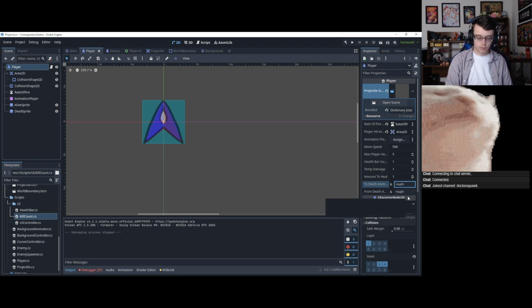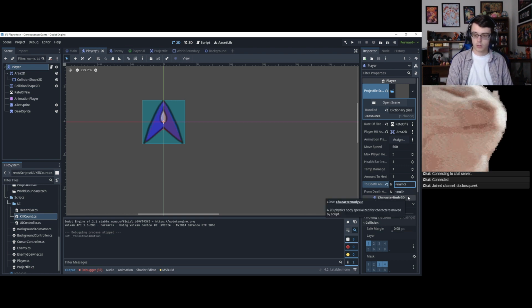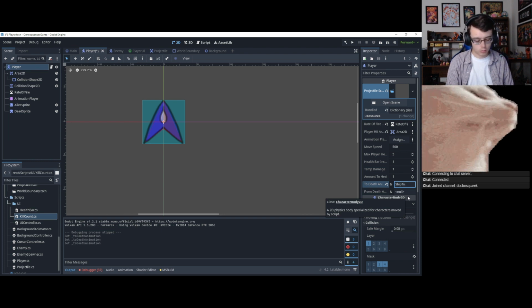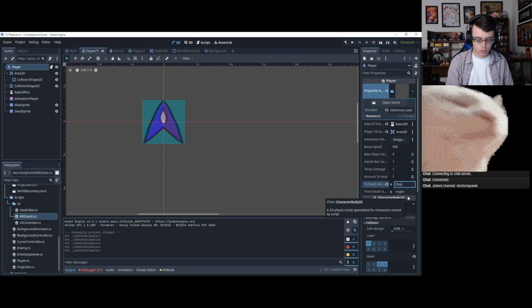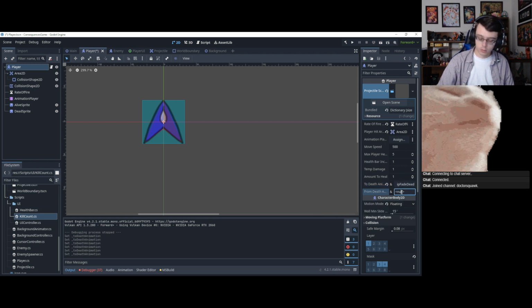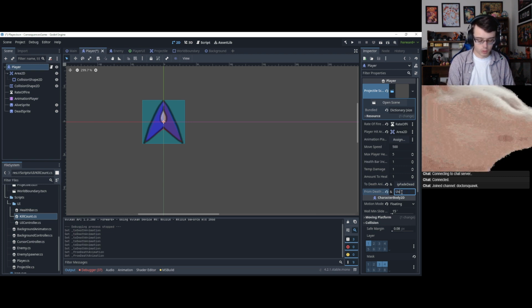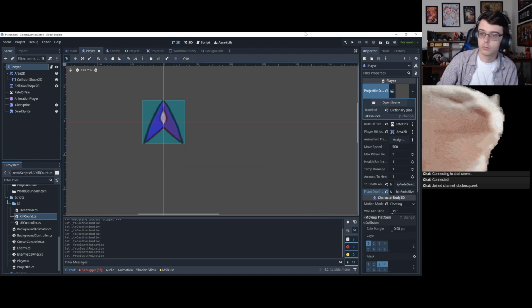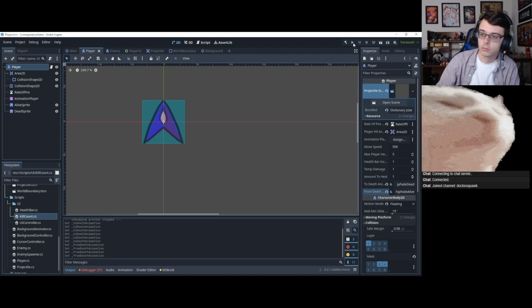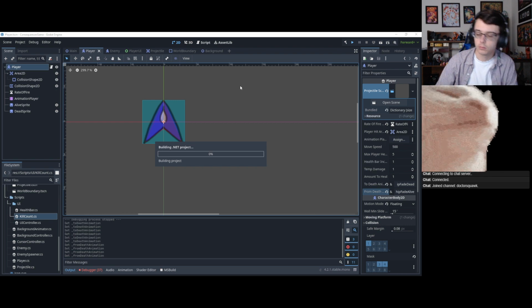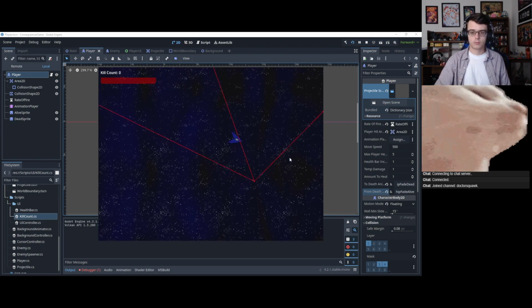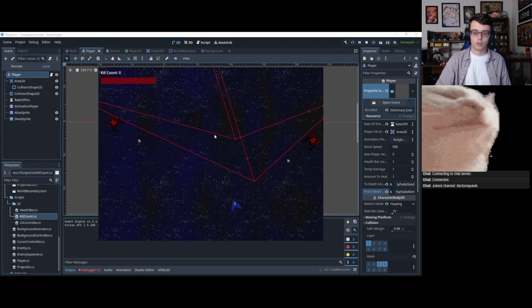Wait, why did these unassign themselves? Ship fade dead. Ship fade alive. The .NET project. Why am I blue? This is wrong.